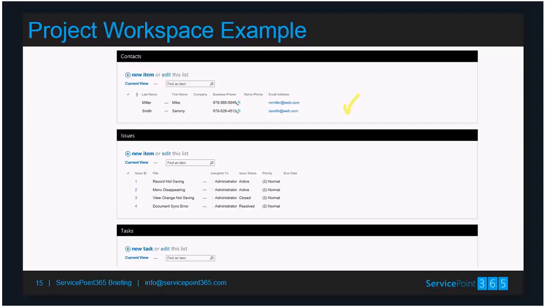This might be either internal contacts or external contacts. I've got a task list and an issues log that I can keep, and again, these are related to this one project. And so the purpose of the workspace is to have all the information about this project centrally located in one spot. So I've got metadata, documents, calendars, tasks, contacts, and some other